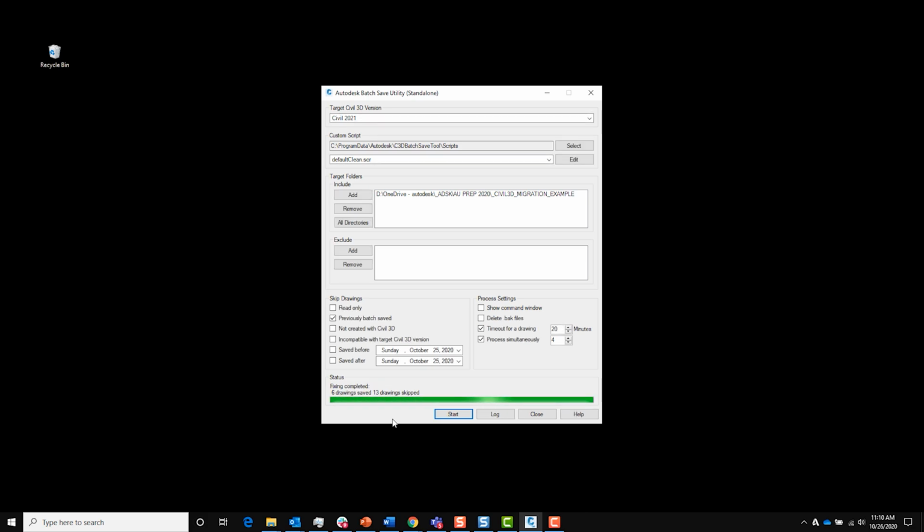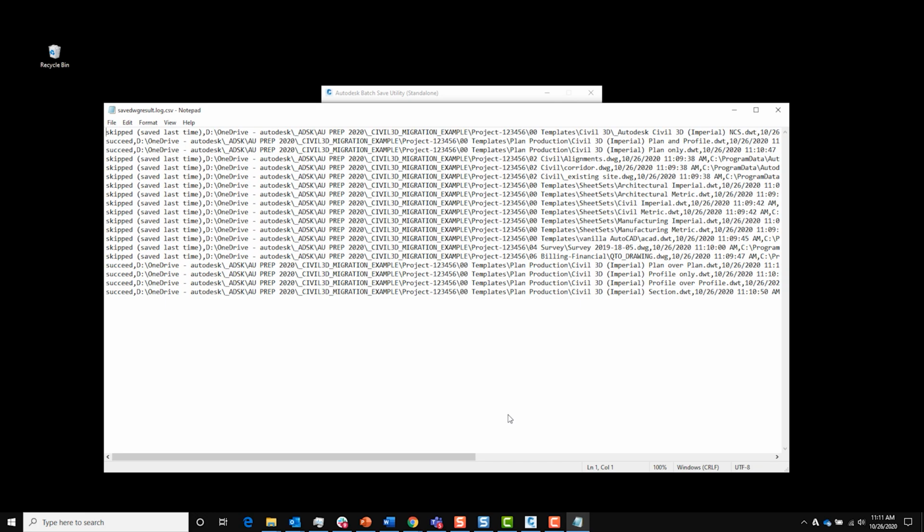And it's skipping the ones that we already did because I still had previously batch saved clicked. So anyway, let's take a look at the log. Now it fixed the 6 remaining, and it skipped those other 13s because they had already been scanned. Okay, so